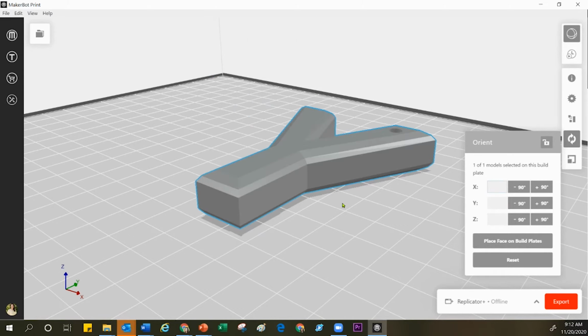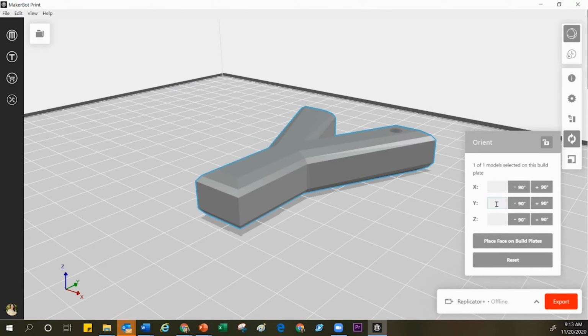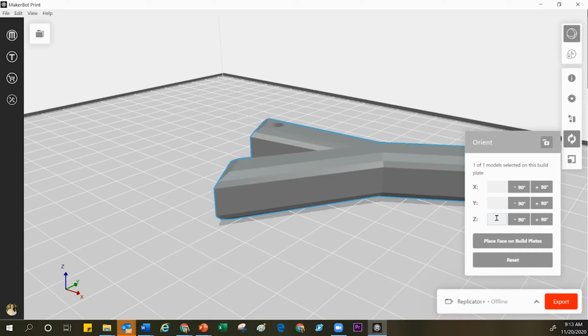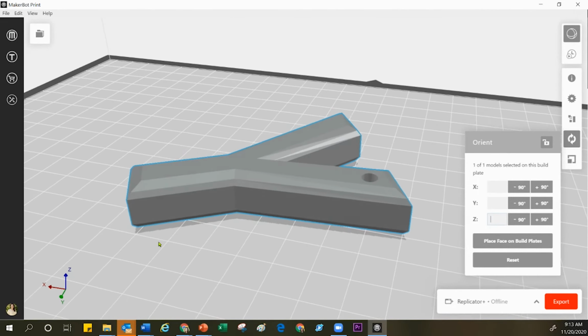But sometimes we do want the model to rotate just a little bit. If you're printing 3 or 4 models at one time and you want them to rotate just a little bit, then you can use these coordinates over here in order to adjust what that model looks like on the print bed. For example, the Z coordinate would allow it to rotate over to the left or the right just a